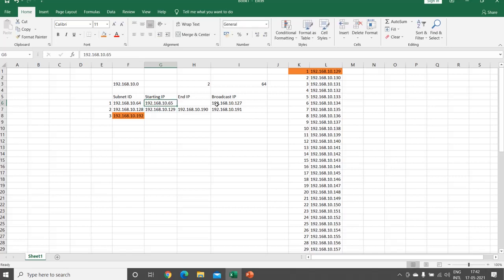People will say add 62 numbers to it and you will get the broadcast IP. There are different methods available, but it is easy to form the table and represent it instead of going for any confusion. Now, what is the prior IP? 192.168.10.126.